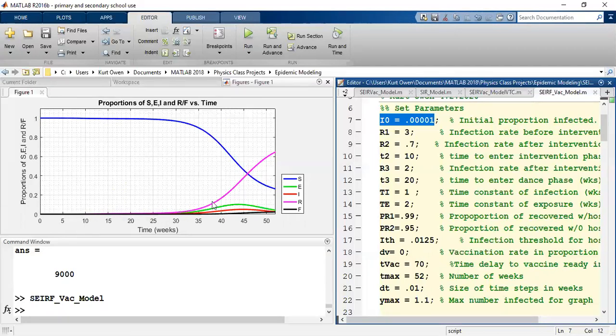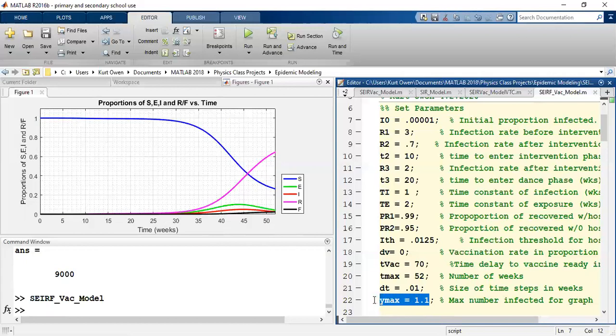We can see, though, this idea in the news, you're probably hearing about the idea of a second wave, right? It's possible that if we suppress the epidemic now, but then loosen up, we'll have a big wave later on, later in the year. So we'll talk about that second wave more in a little bit. What we need to do now is actually be able to see what's happening at week 14.